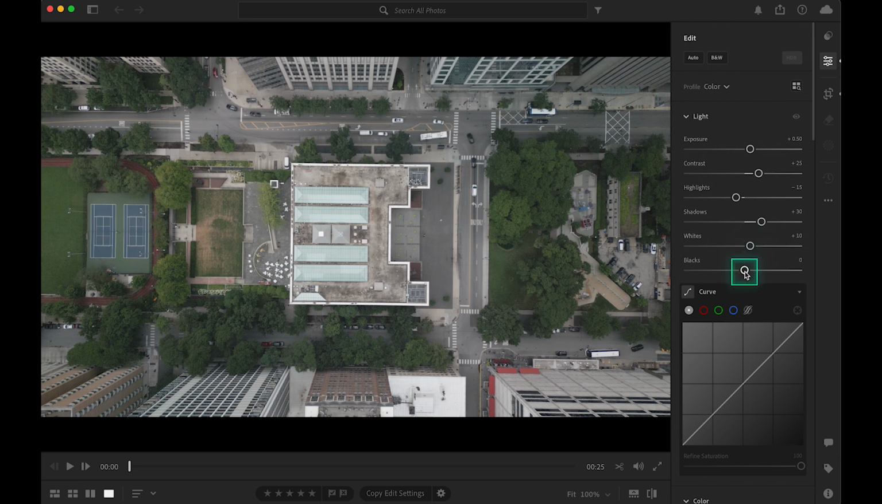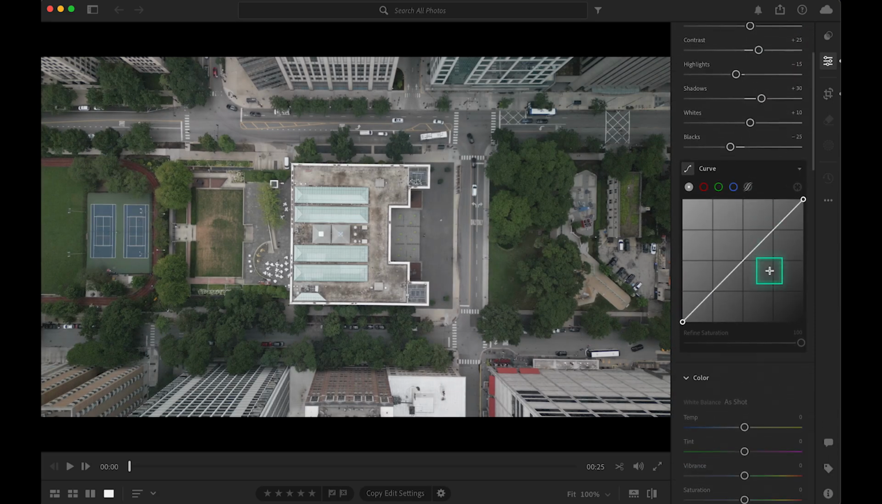That, and then blacks. Okay, cool. So that's decent. I'll do before, after. So we're getting there. Now I'll move to the curve panel, and with the curves panel, what I like to